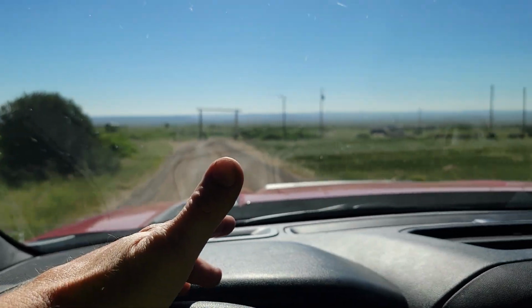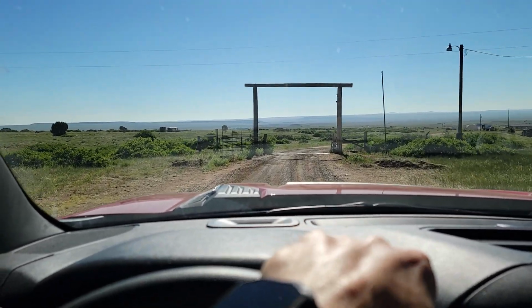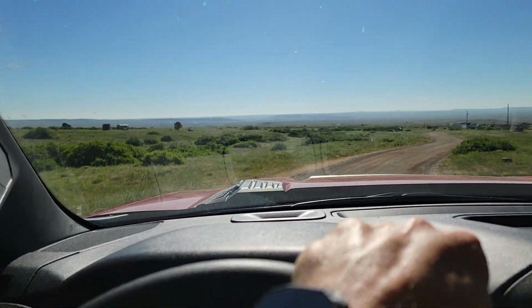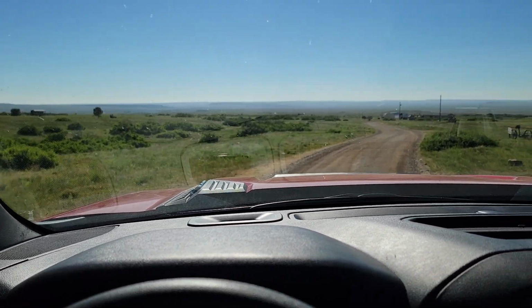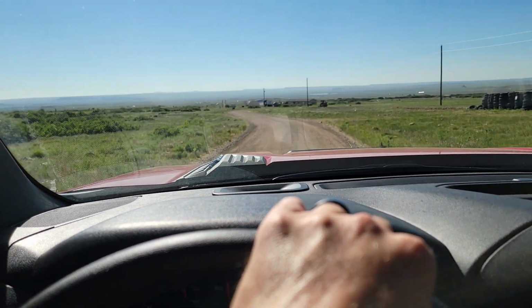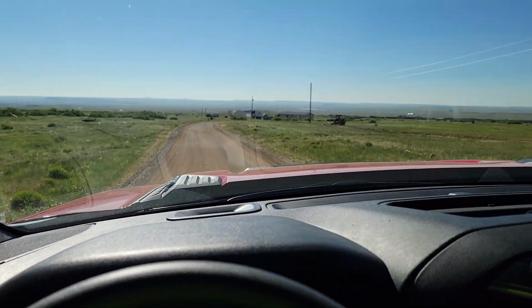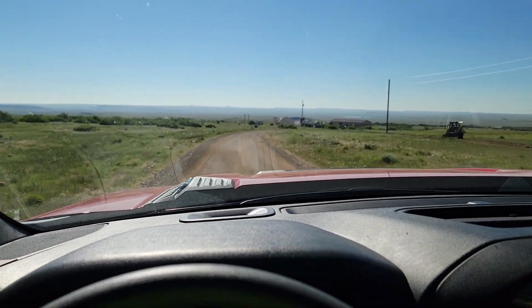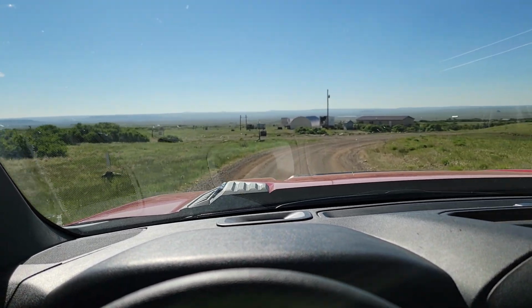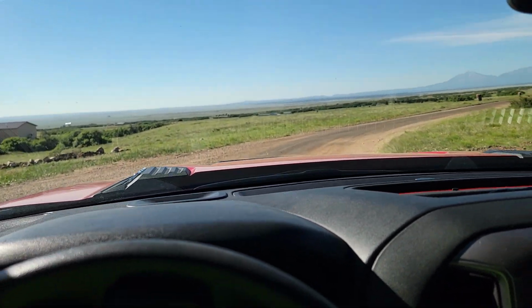So one thing's for sure is riding in the Chevy, a GMC truck, it's a nice riding vehicle. All in all, going over some rough washboard roads and cattle guards and stuff, it's just a lot nicer than say being in the Godzilla. That was just a rough riding truck. And the Ram I've been driving for the last few weeks, it's a Cummins diesel. It hasn't made a trip down here. I've been down here in the F450, and that thing beat me up for the whole ride